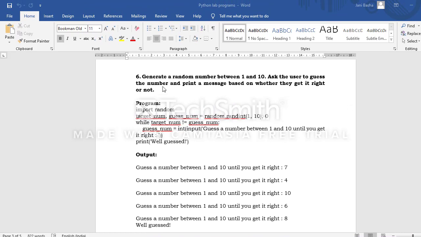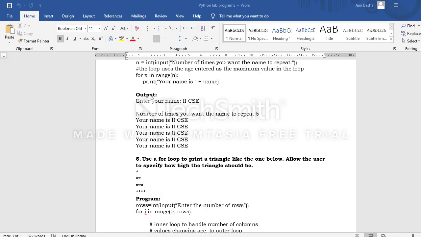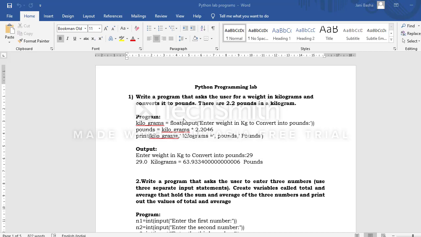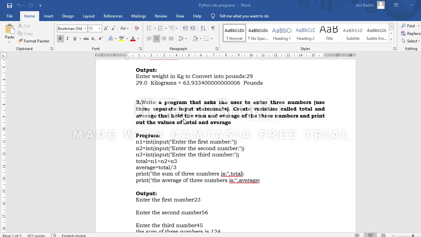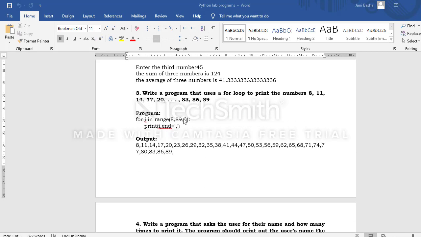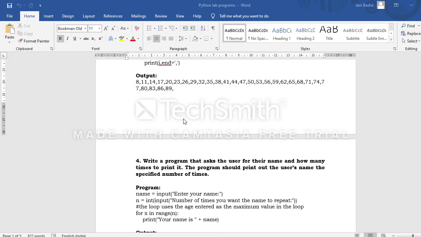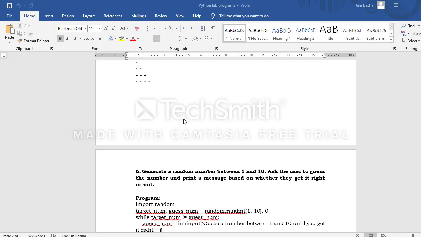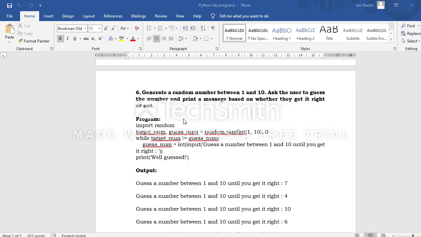So the next program we're going to discuss, you can observe the problem statement here, is the sixth program. Yesterday we discussed five programs, which are very small programs. We tried to understand the problem statement and how the program is executed. All these things we covered in the previous session. So let's observe the sixth program.